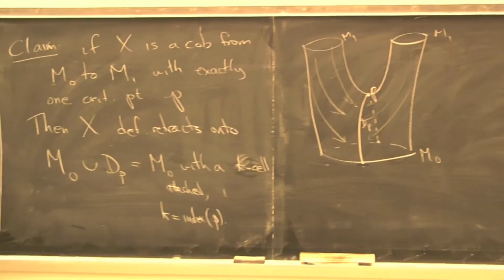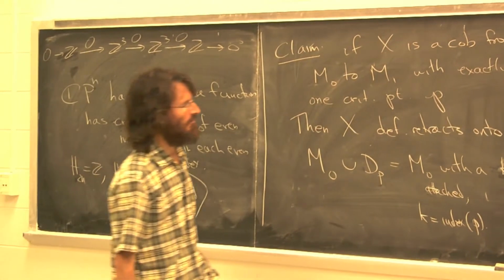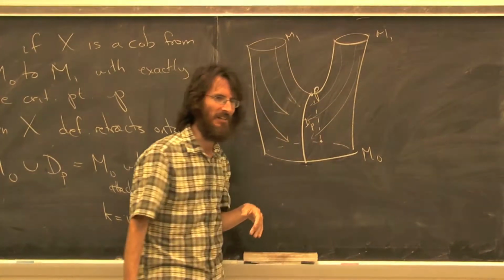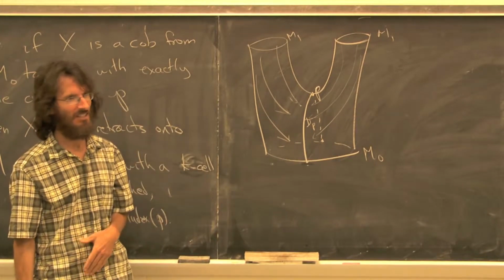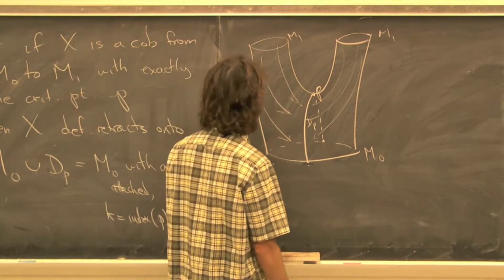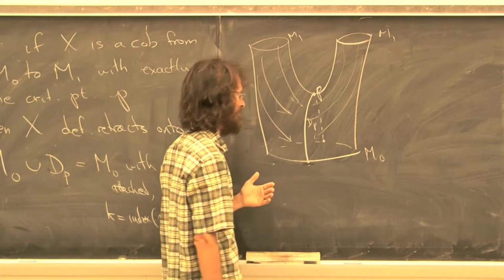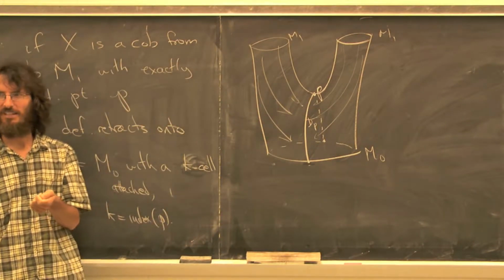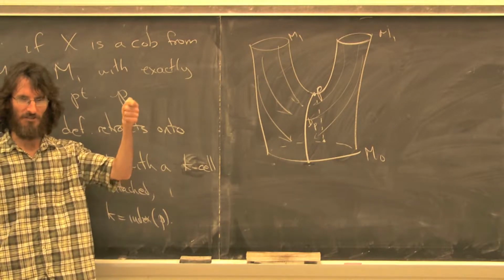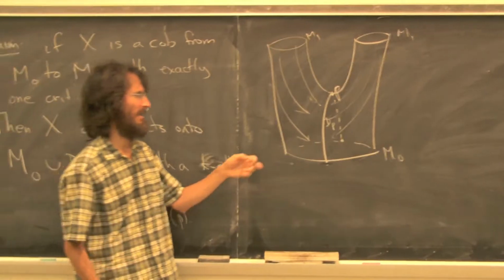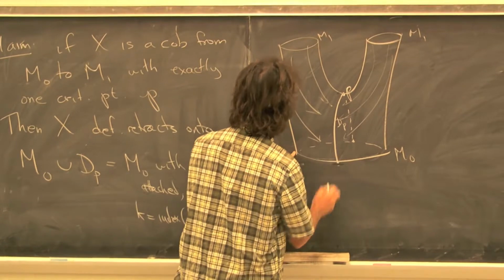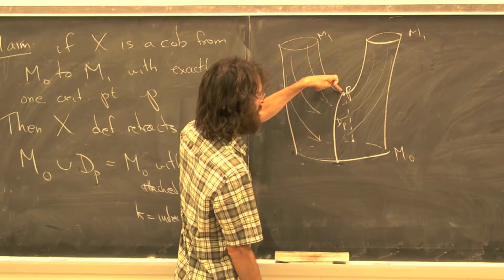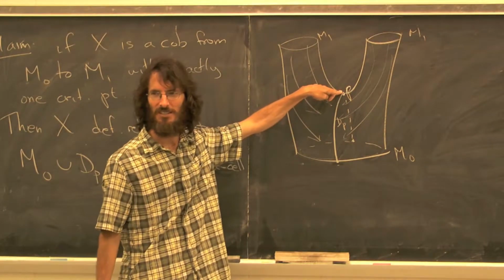Now, to actually write down that deformation retraction is a little fiddly. What you want to do is flow along the gradient vector field, right? But if you flow along the gradient vector field, first of all, these points flow for infinite time. What do you want? You want some one-parameter family of retractions so that in the end the whole thing maps onto this union this. And one thing you might be tempted to do is to say that